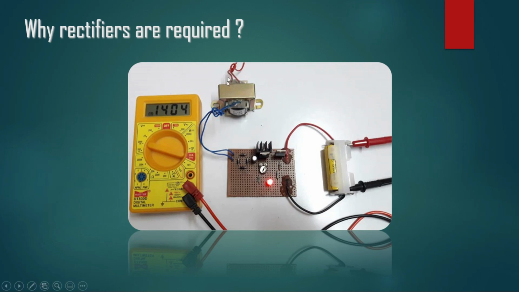So we use a transformer. This device is a transformer, and it is a step down transformer. It takes the AC voltage and reduces its value to smaller values. The output of the transformer will also be AC only, but reduced AC. That reduced AC will be given to the rectifier circuits. Here we can see the diodes, right? The diodes will convert these AC signals to DC, and that DC we can use to charge the battery. Here on the multimeter we can see that the battery is charged.